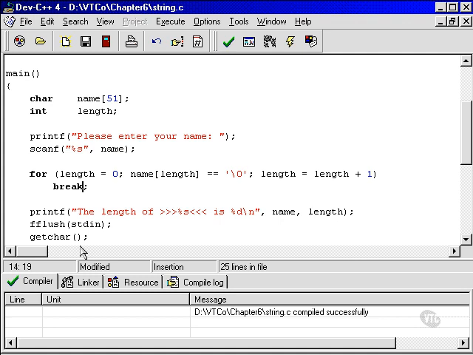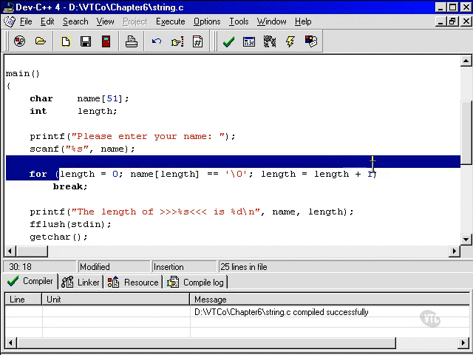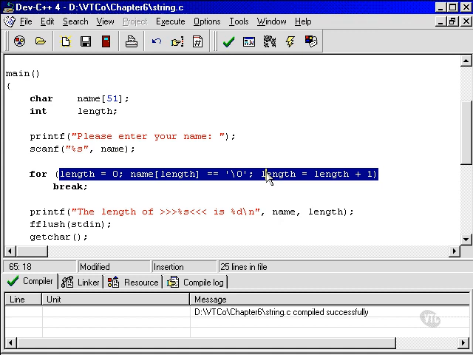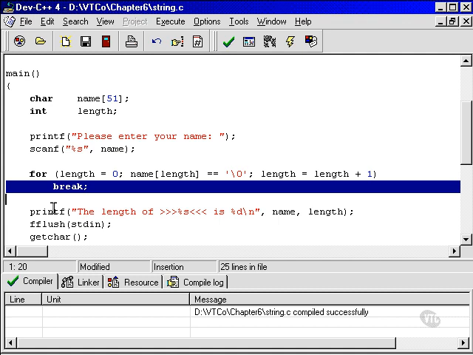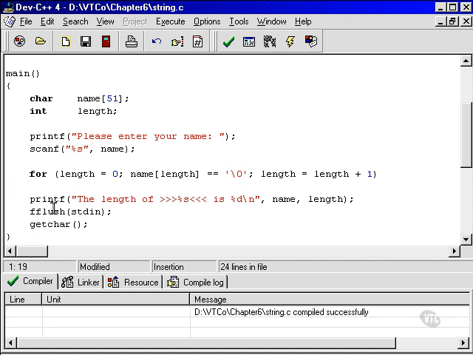All I need to do is walk along the loop until such time as it's time to stop. This is when it's time to stop. And when I stop, the variable called length will magically be set to the value that I need. So in other words, everything that the loop needs to do is done in here. This is really the guts of the loop right here. We're adding 1 to length each time we walk along the array. So this is completely unnecessary. However, I can't just remove it. I can't just say I don't want to do anything,